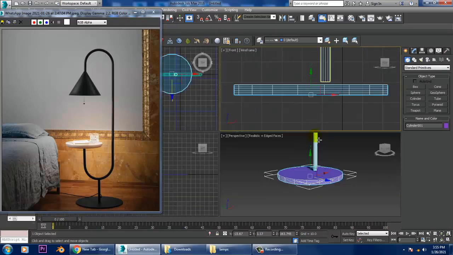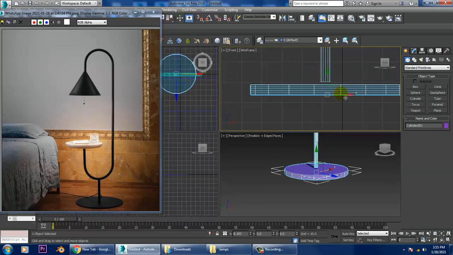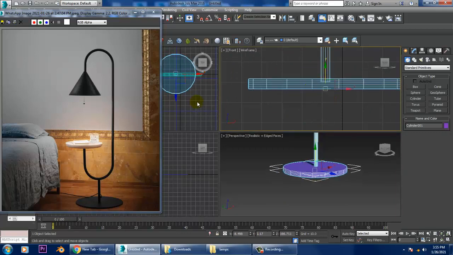So definitely we are going to adjust it accordingly.